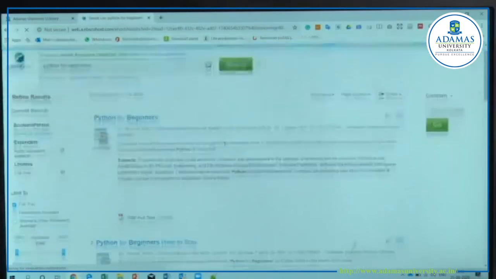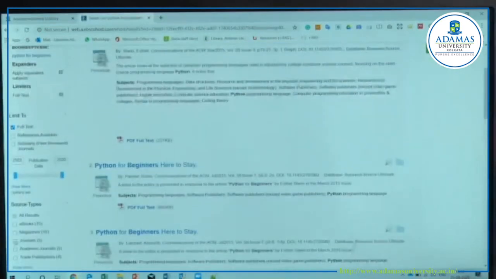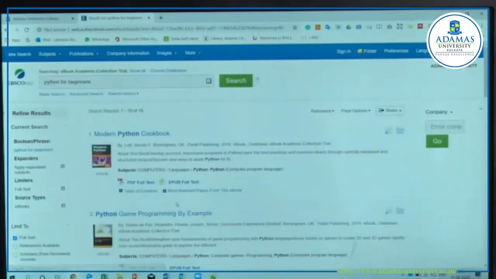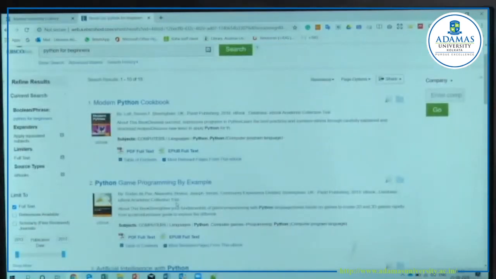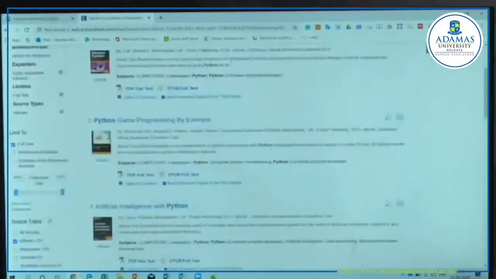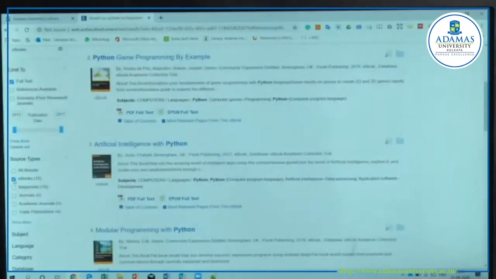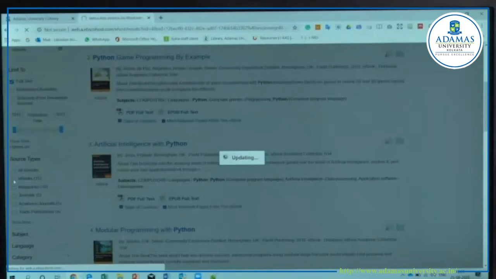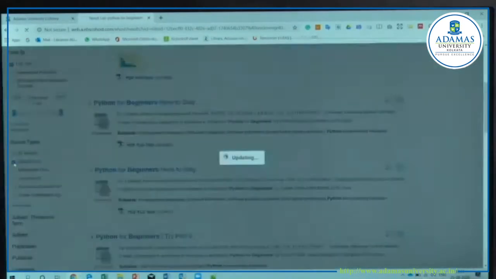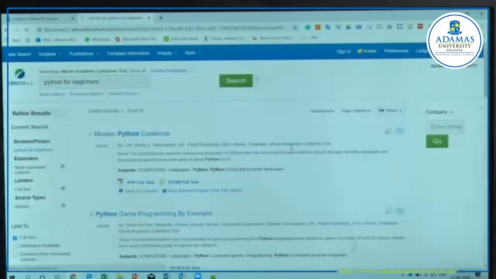So you see a lot of books now. You just click on this, only the ebooks. Actually, the platform will give you, including books, research articles, reference materials, and many things. But you are looking for books. So just click on this option and wait for 1 minute. The portal will show you only the books.